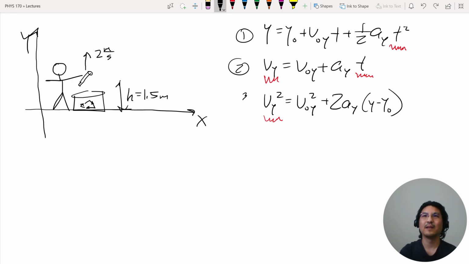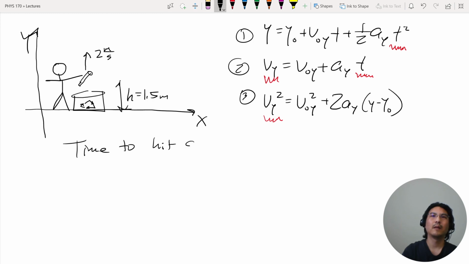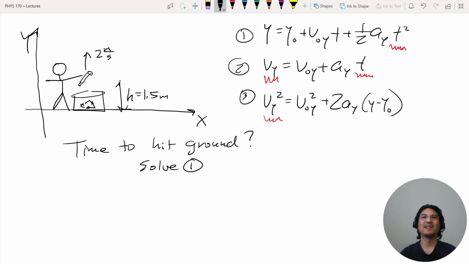So, right, just solve equation 1, and then that's it. And then let's make up another question. How fast is it going, like the instant before it hits the ground? I mean, after it hits the bottom of the bin, it's going 0 meters per second, right? But the instant before,